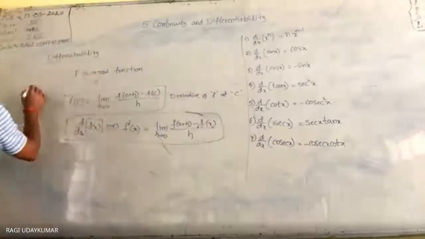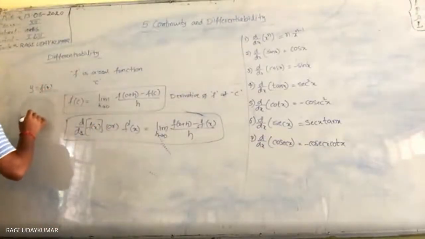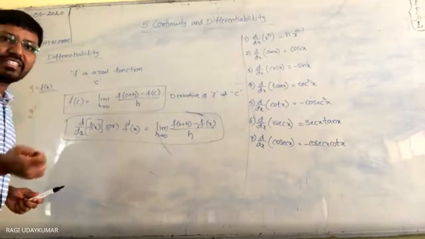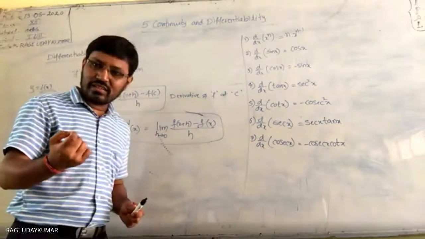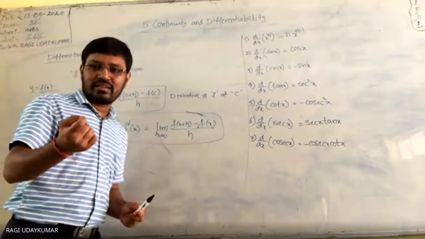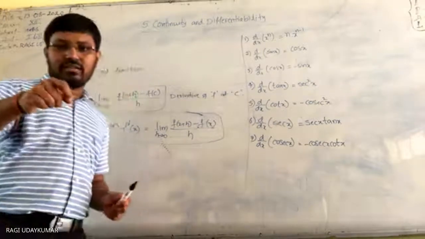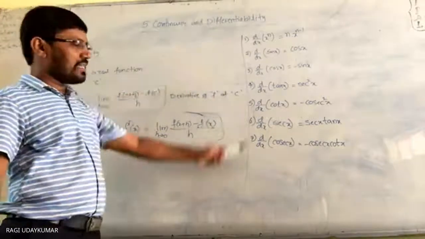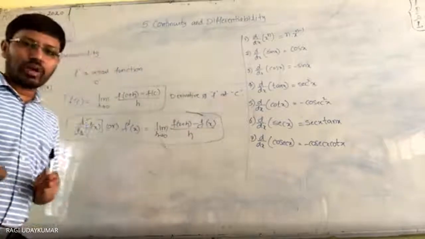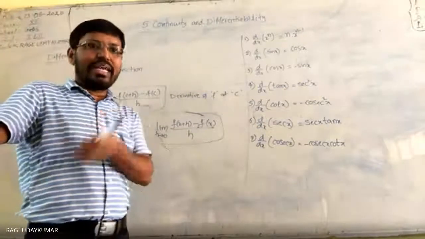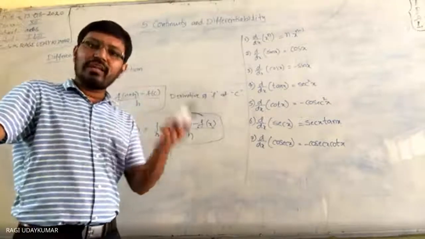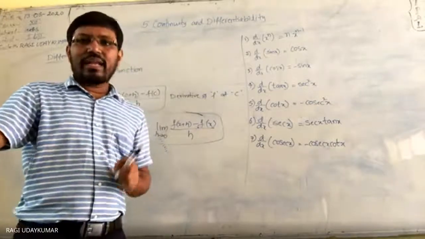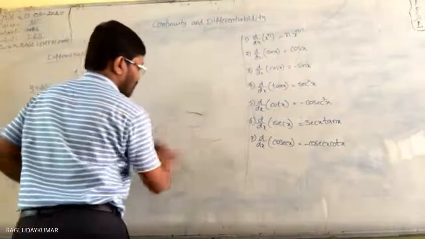If a function is given as y equals f of x, then y dash represents the derivative f dash of x. f dash of x represents the derivative of the function with respect to x, because the function is in terms of x. So these are the basics. With the help of this, next we are going to have some algebra of the derivatives, which you have learned in previous classes. Let us recall that once again, and then we will go for the exercise problems based on this.